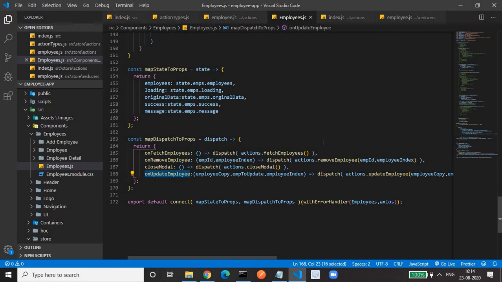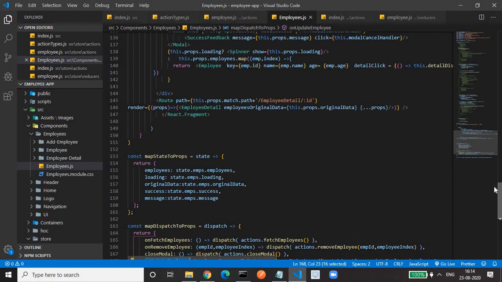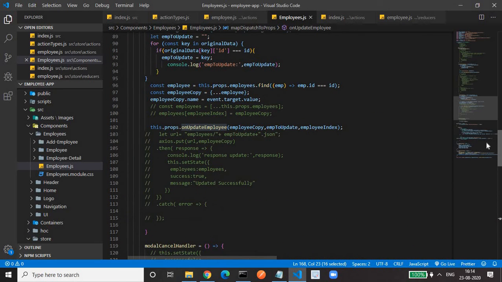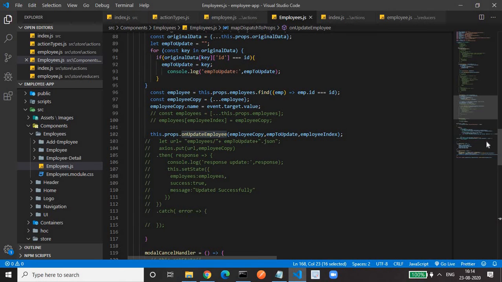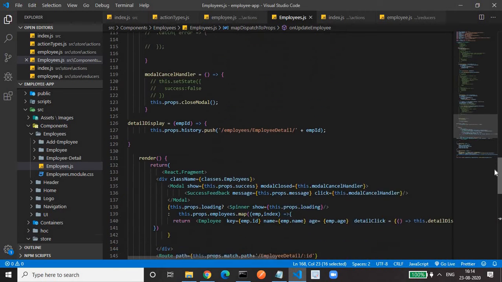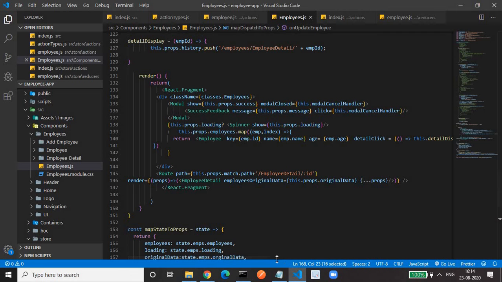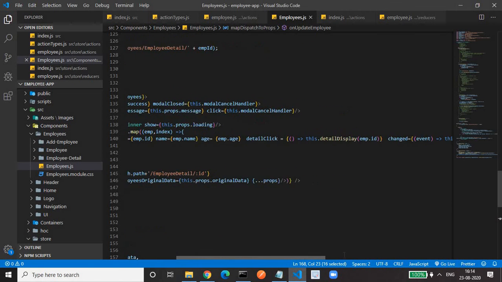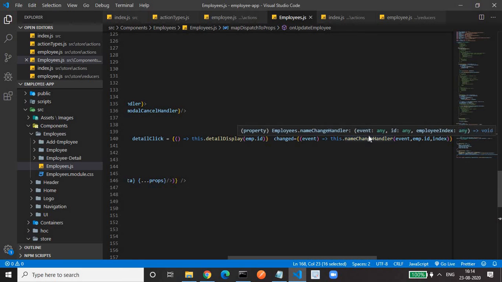Like onUpdateEmployee, we'll see that too. So if we are updating an employee, like if we are typing anything in the text area, then it will call this name change handler.